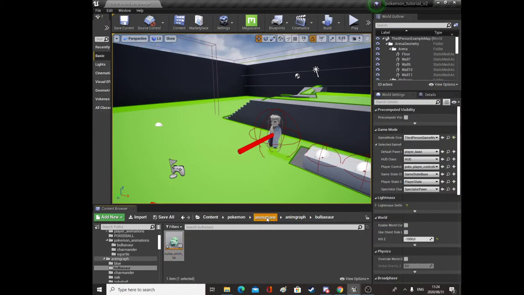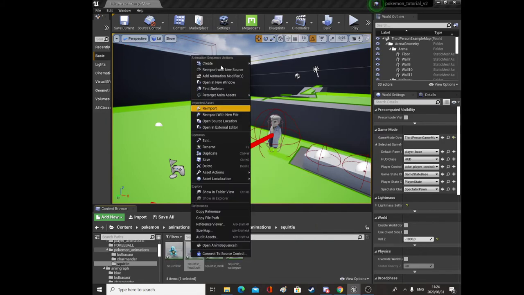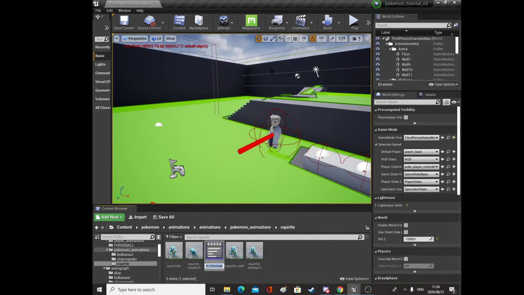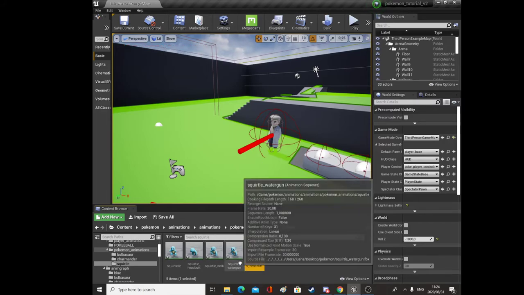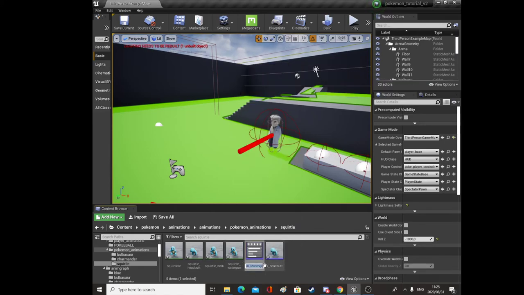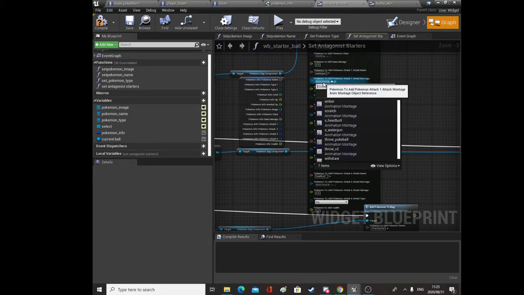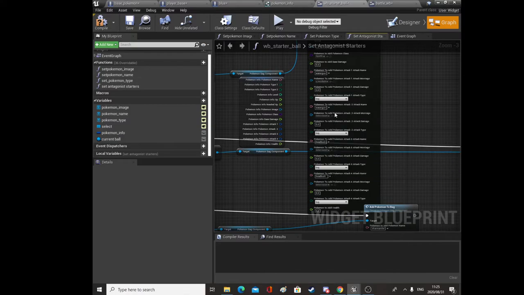And we're going to need some montages for these, so we'll go to our animations folder, animations, Pokemon animations, Squirtle, and go to the Headbutt, right click, create, and a montage, and we'll call this S Headbutt, because I'm sure we'll have other Pokemon that do headbutts, and similarly with the Water Gun, so we'll do S Water Gun for Squirtle Water Gun. Okay, then we'll set these montages, so Water Gun will be Water Gun, not Headbutt, Water Gun, and Water Gun,